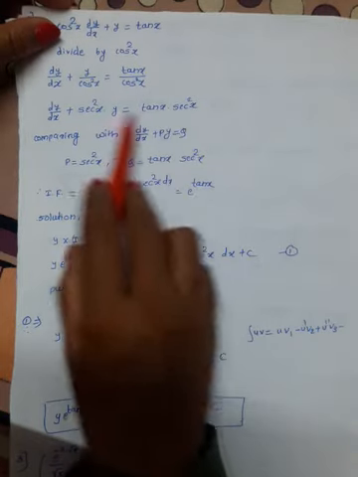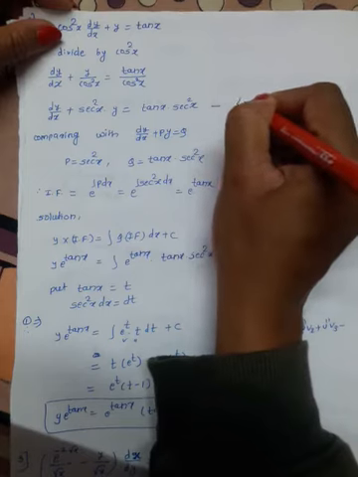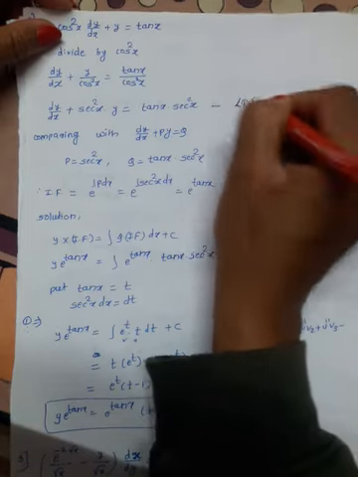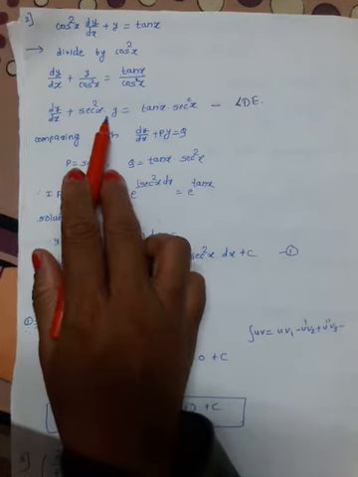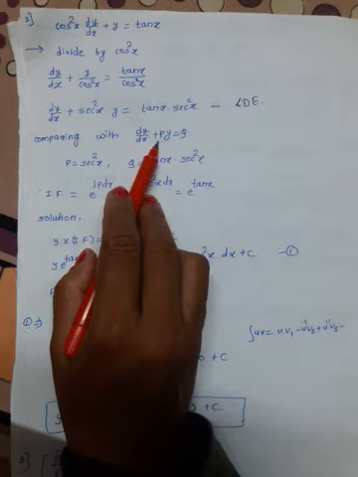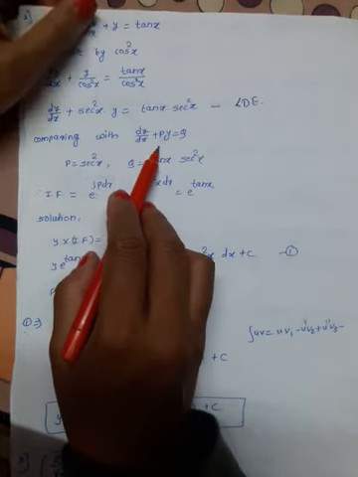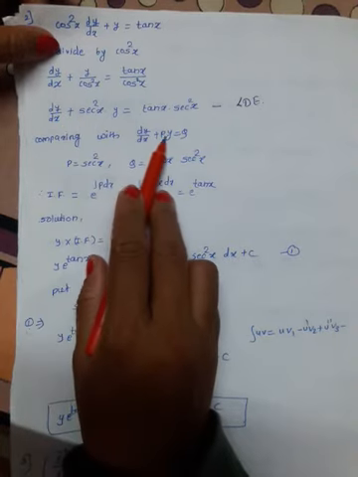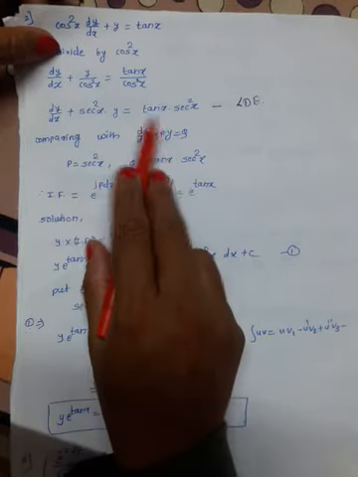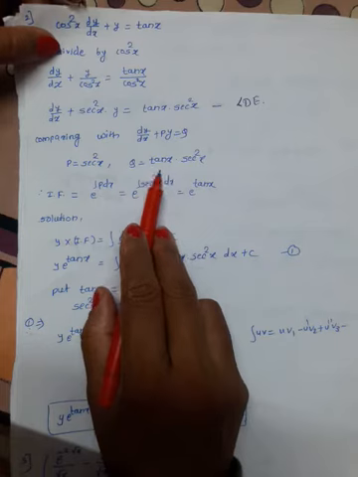Okay, this is now our linear differential equation, LDE. Now comparing with our given equation, what is p? This is now in our format of LDE, linear differential equation. This is our p, the coefficient of y is p, and q is the RHS expression, that is tan x